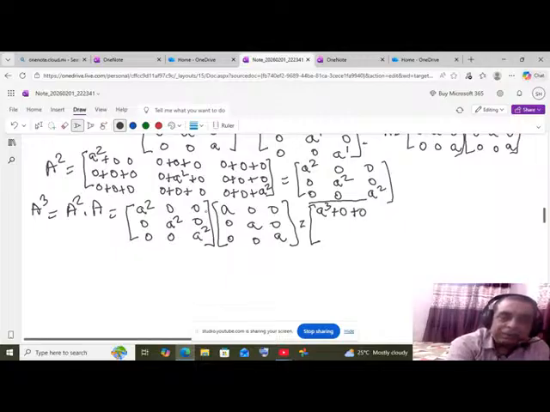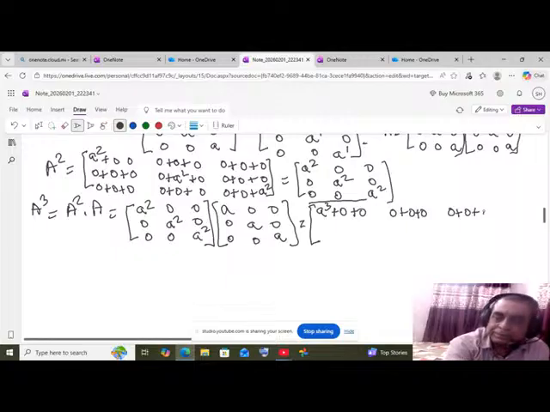Multiply the first row with the second column. A squared times 0 is 0, 0 times A is 0, and 0 times 0 is 0. Add it up. Now multiply the first row with the third column and write it as the first row, third element. A squared times 0 is 0, plus 0 times 0 is 0, plus 0 times